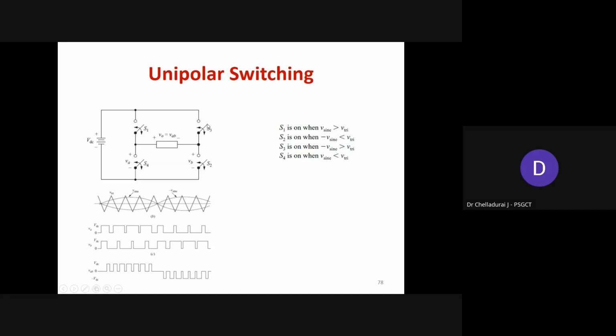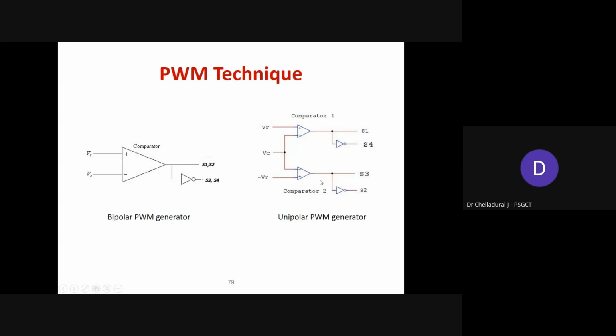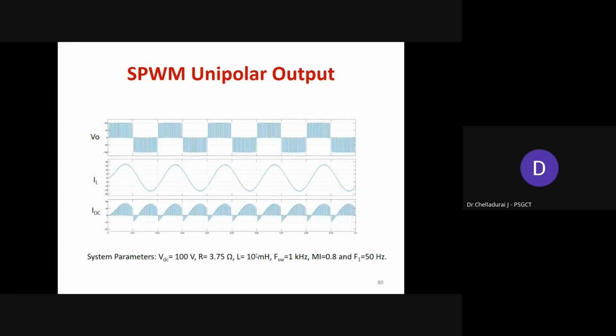Similarly, the second arm upper switch and second arm bottom switch, if we connect them, then compared to bipolar PWM, here for understanding purposes, the SPWM technique with the unipolar output voltage, then the actual load current, then IDC